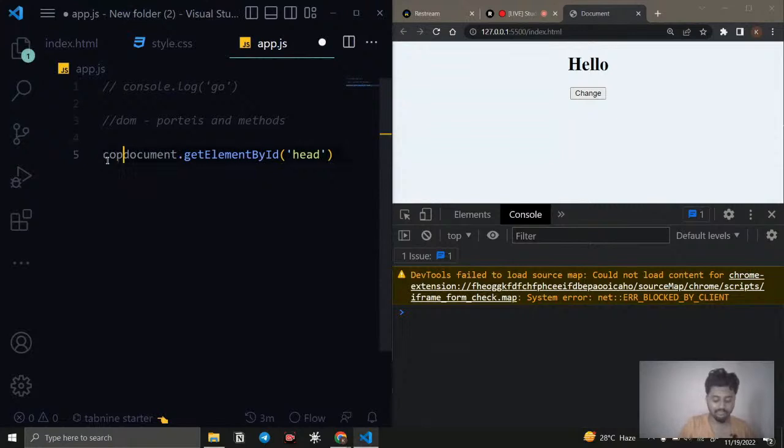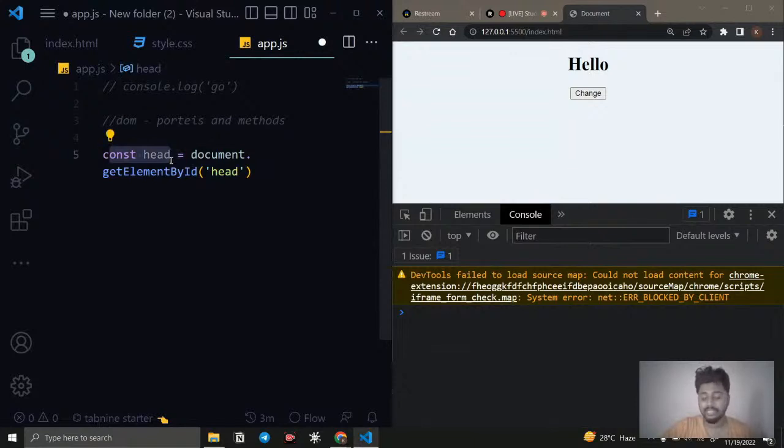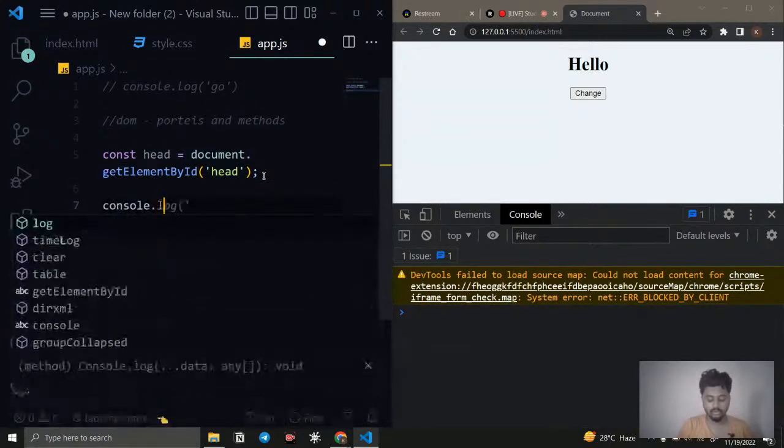For that, I'm going to create a variable with const. A variable is like a container where we can store information. So this is a variable we created, and inside this variable I'm storing whatever I'm getting by using this code. To see how it looks, I can use the console.log method.